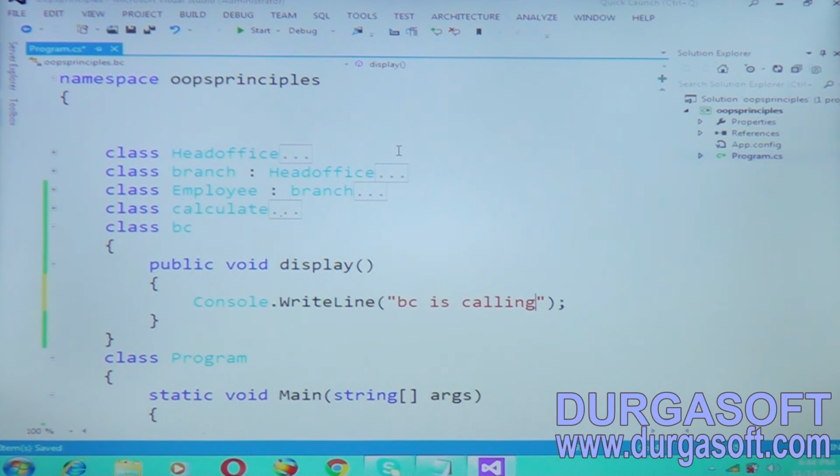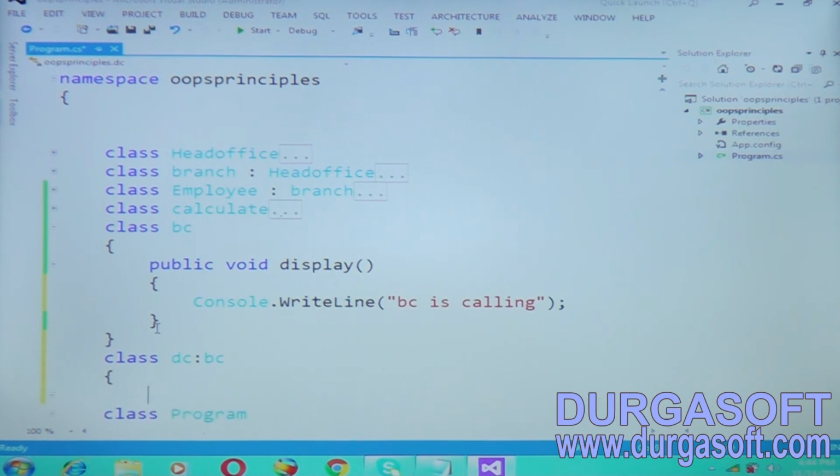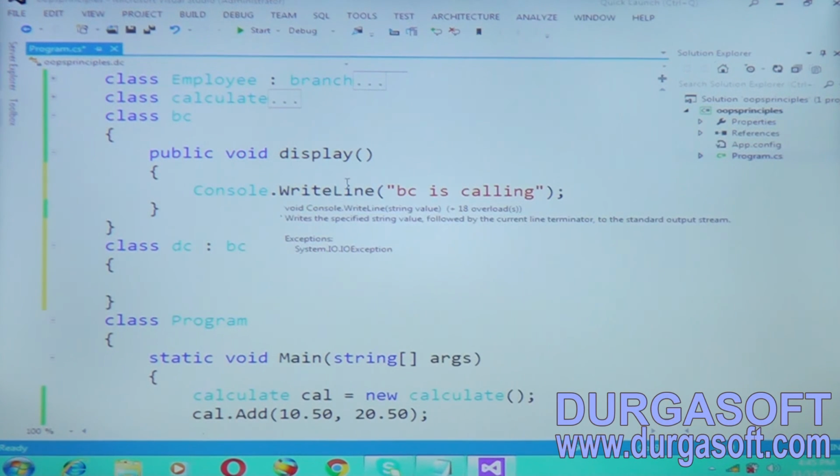Now come out of the class and create class DC : BC. I am inheriting the class BC into DC. Now I will display a message. Public void, put the same method name.